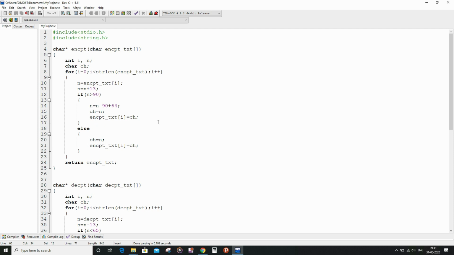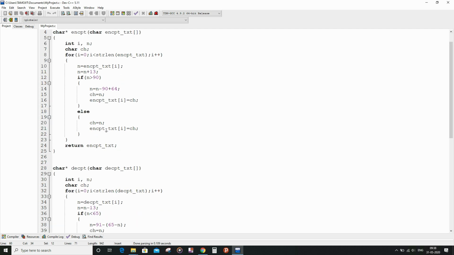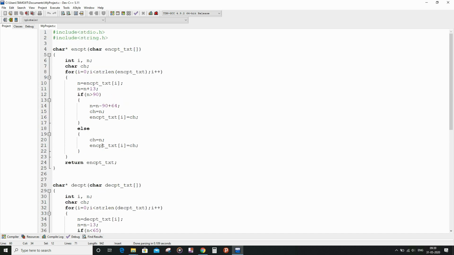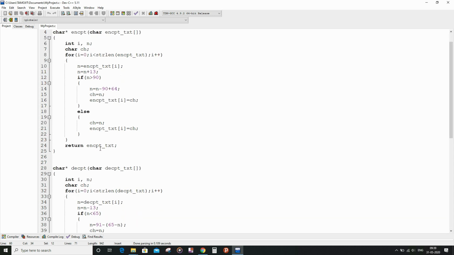For the else part, if n is less than or equal to 90, then we don't have to worry about anything, we can simply convert the ASCII equivalent into the character format and place it in the right place. And after that we return the encrypted text.